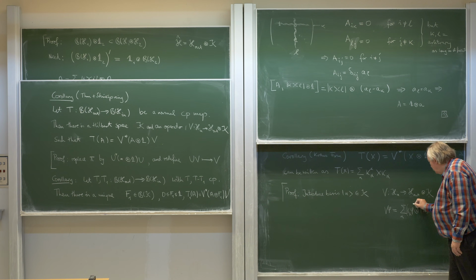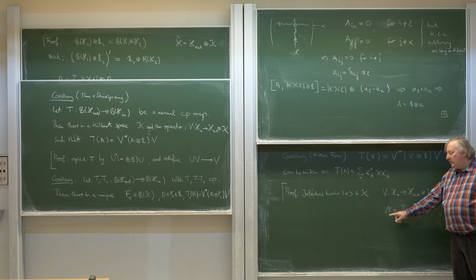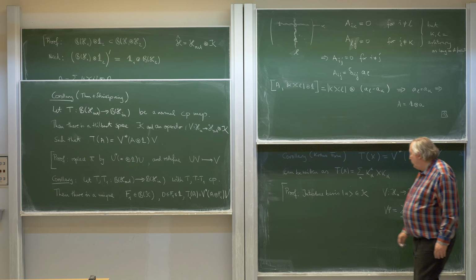Right? So in this reading, the k alpha are exactly the components of V. So if you have this Stinespring isometry, this has some components. I would naturally call these V alpha. These would be the components of V that I get by expanding this kind of object for a basis in the second factor. Now, if I plug that in,